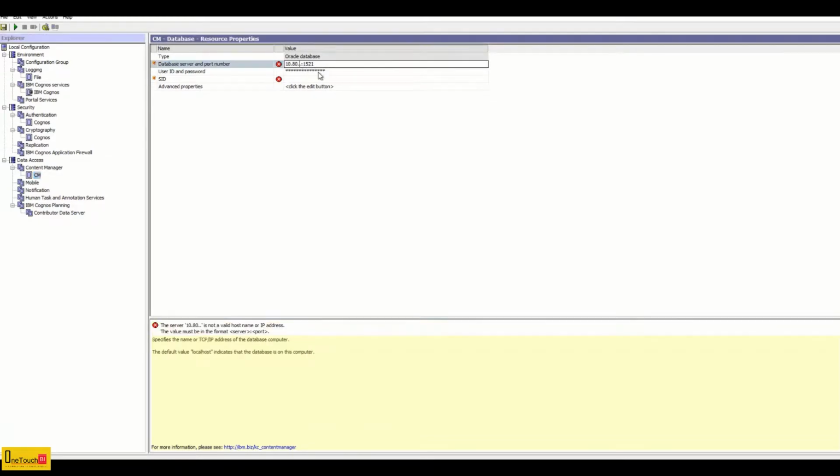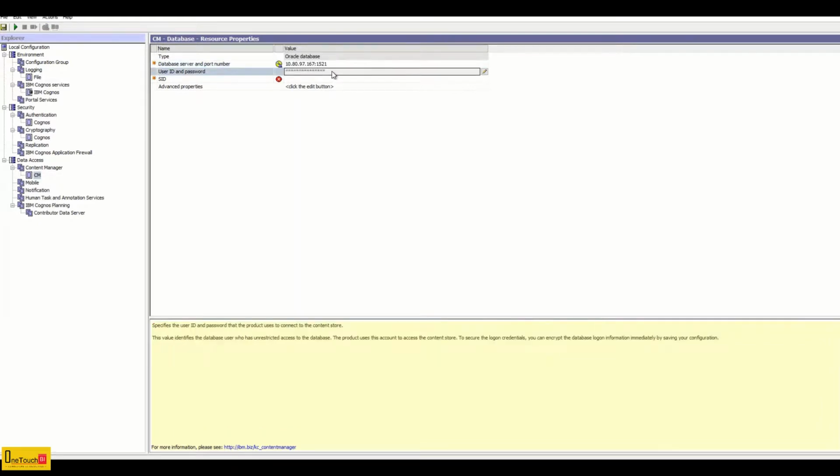Let's switch back to the Cognos configuration window and provide the host name. Here is my host name, as you see on the screen, and the username and password, the one we created, CM1701_1116.